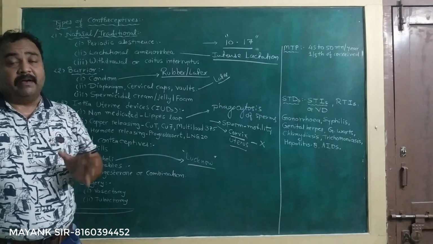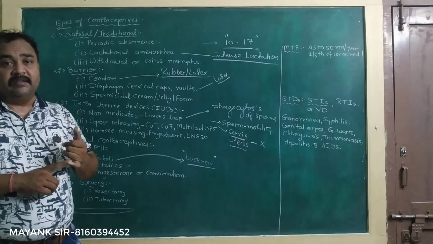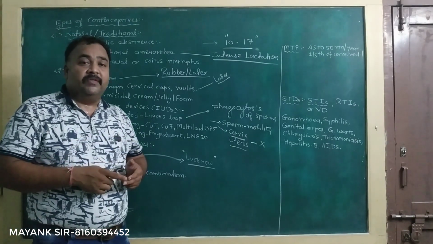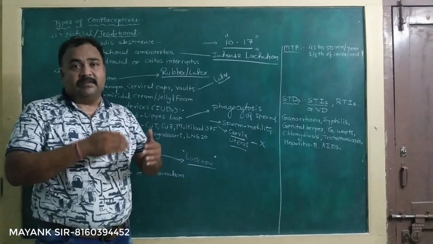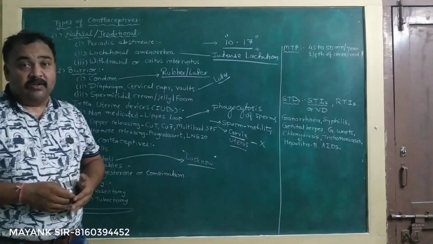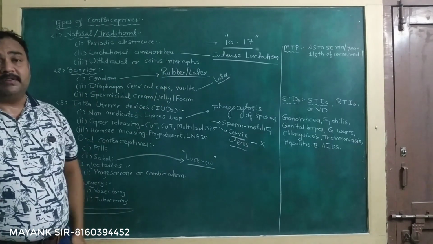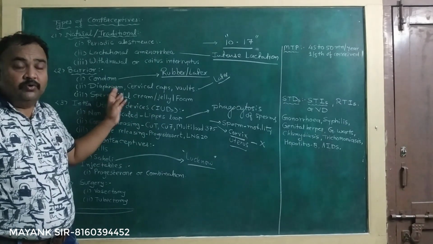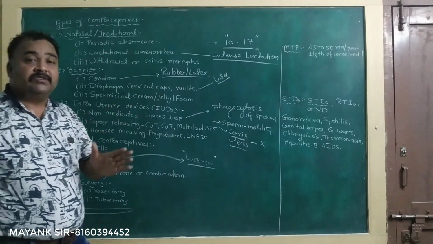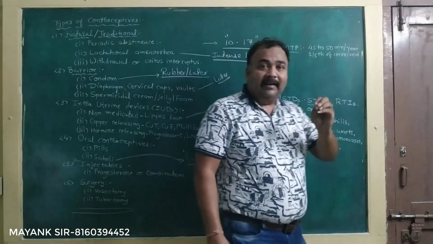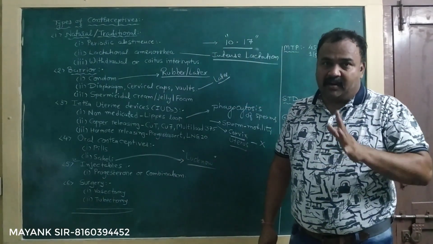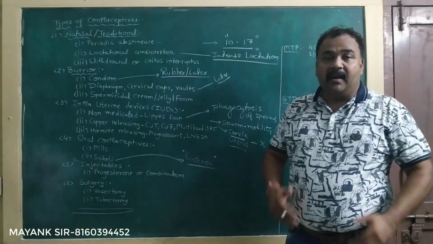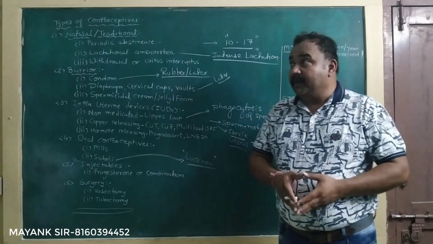But the main thing is that contraceptives are only to be used by couples who don't want a child frequently, and secondly, if they want to space the children, that means to have a gap between two successive children, only then must these contraceptives be used. And the use of contraceptives or contraceptive implantation must be carried out with the intense care that is required, right?